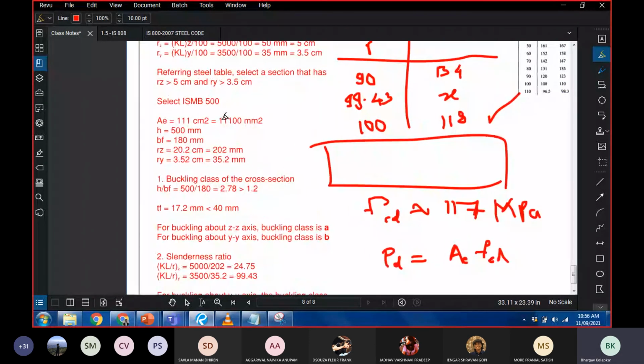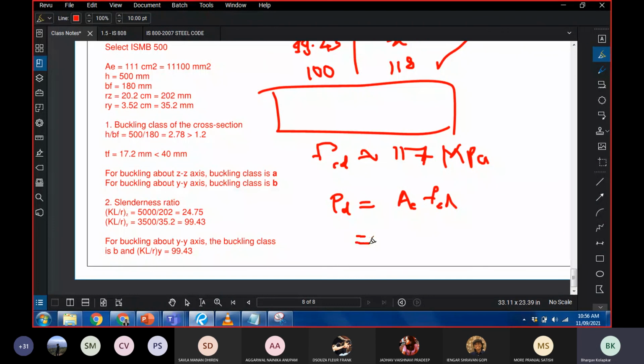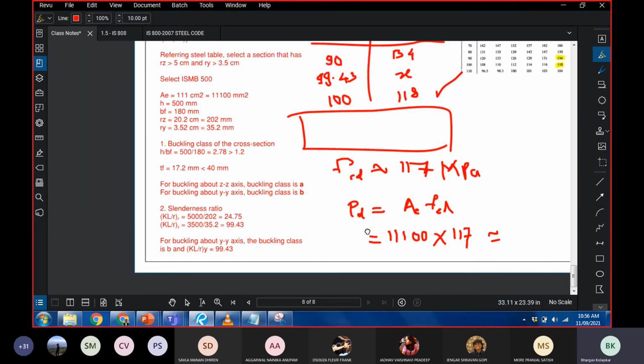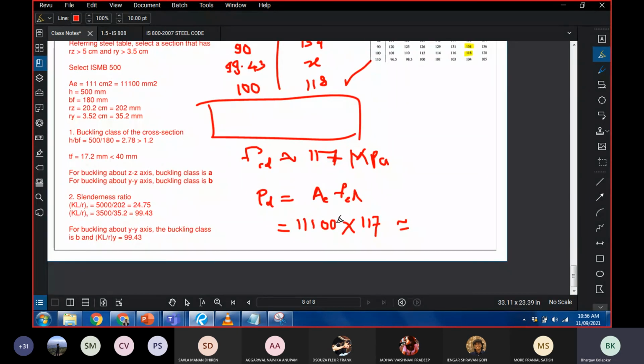What is the effective area? 11100. So 11100 times 117. So this is equal to 1299 kilonewton, which is approximately equal to,